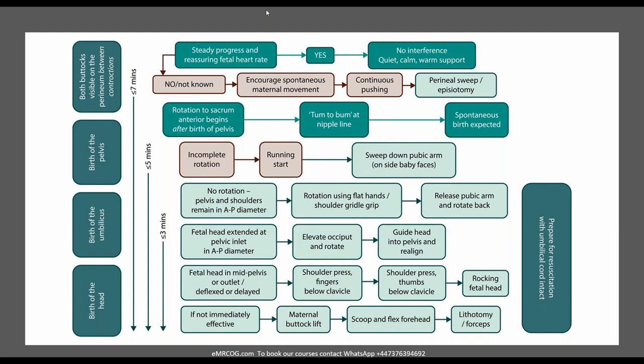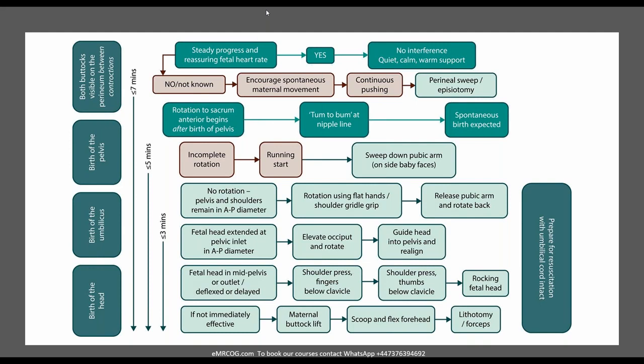I need you, my friend, to go through the sequence with me. I have delay of delivery of the head, deflexed or delayed aftercoming head of the breech. What is the action that I will take? What is the maneuver called? Shoulder press. Excellent. I try the rocking of the fetal head, but if not immediately effective, then I will go again